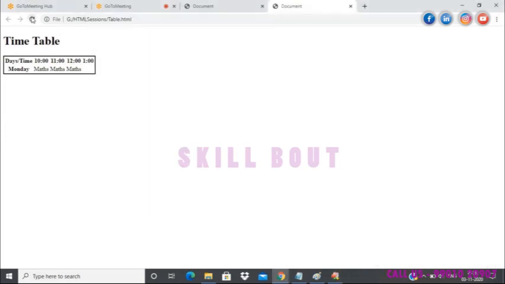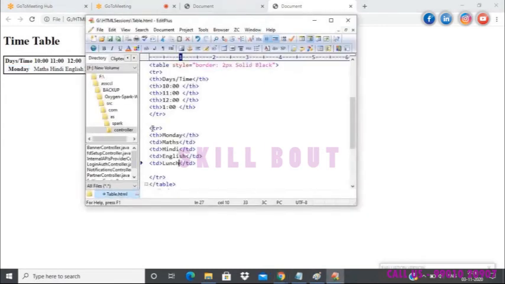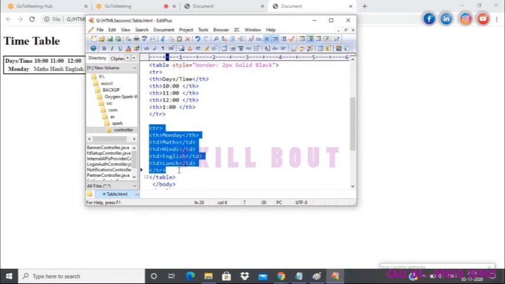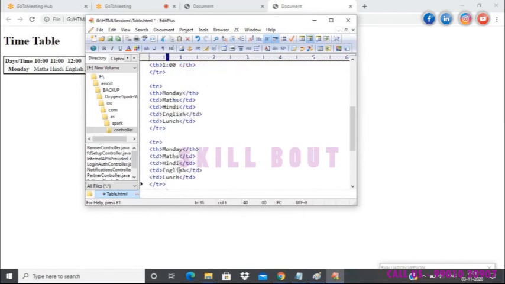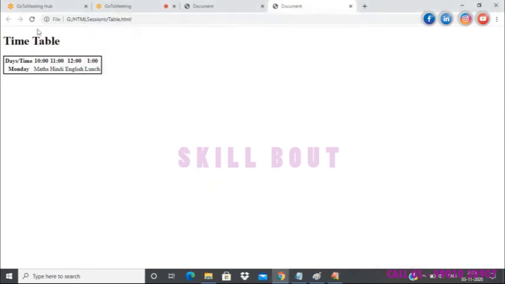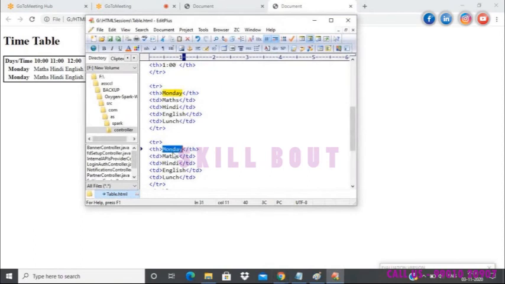So this is the first row and this is the second row with 5 columns. Then we will go for the third one. I'll do it in a very simple way. I'll just copy the tr tag from where it starts to the end of the tr tag and paste it here. Same subjects will apply, but the day has to change. It should be Tuesday.